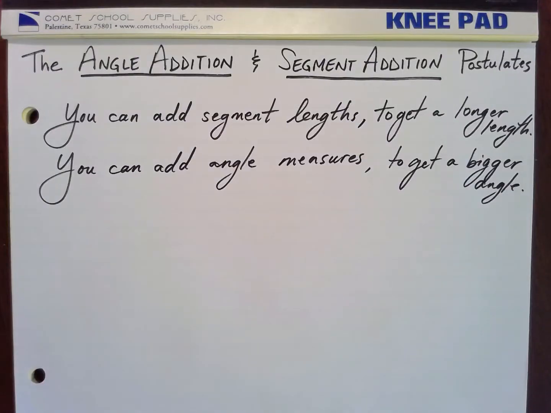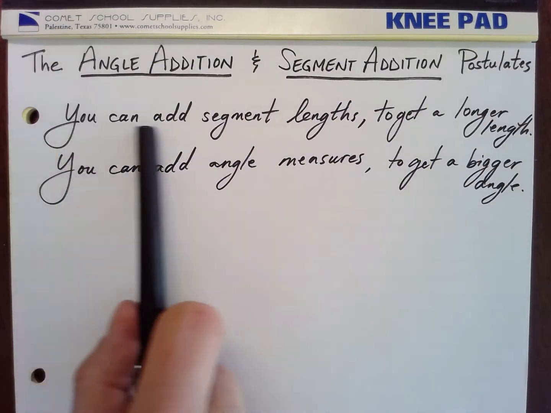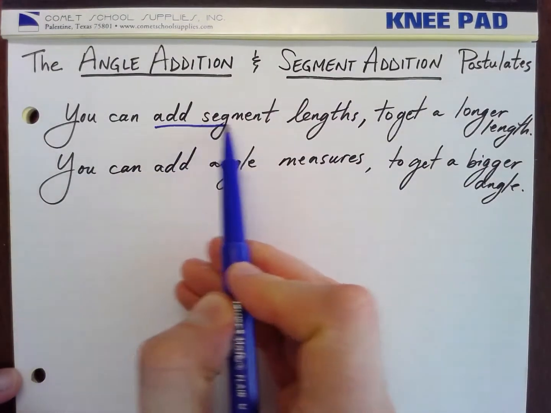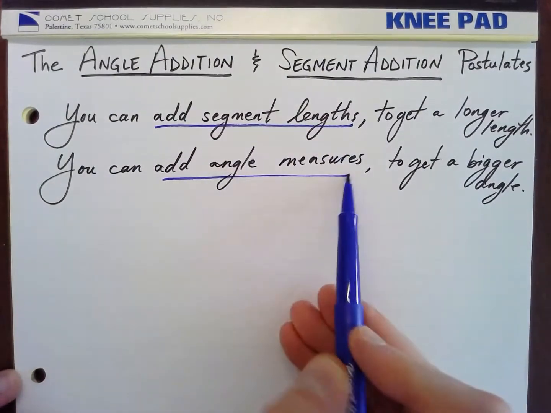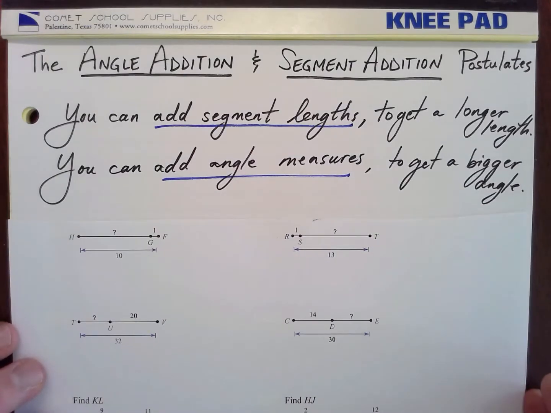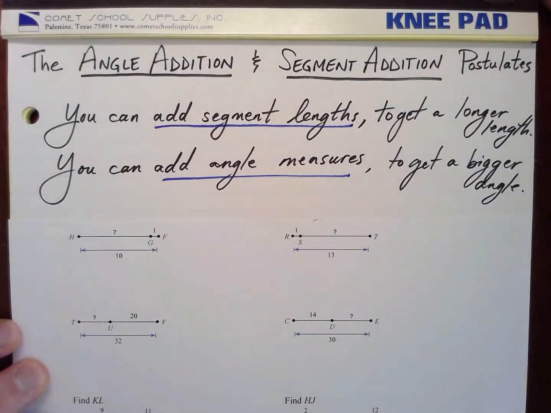I want to talk briefly about the angle addition and segment addition postulates. Basically, and don't make these out to be more difficult than they are, they just say that you can add segment lengths, and these are line segments. You can add segment lengths, and you can add angle measures. And they add just like regular numbers would. So let's look at some examples here of the